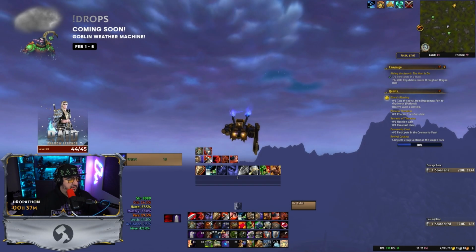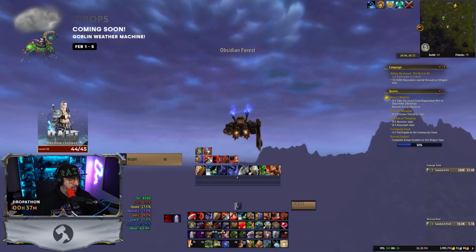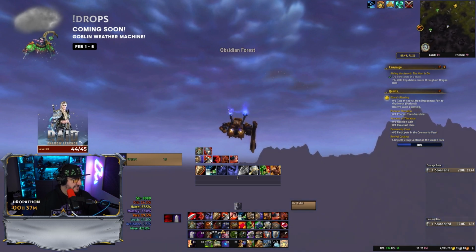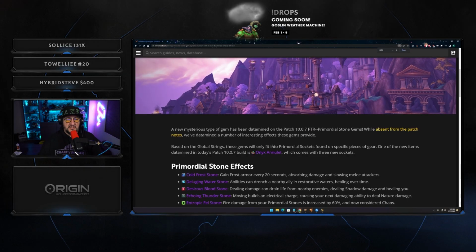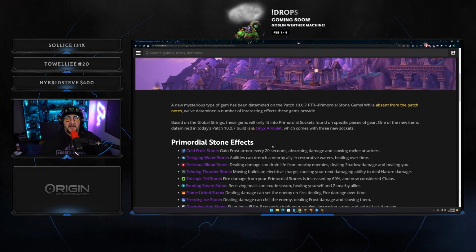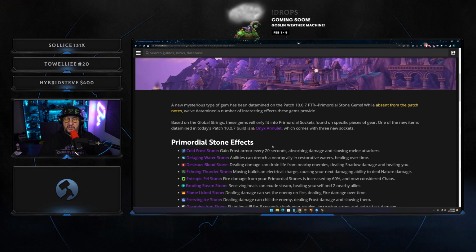Let's get rid of the elephant in the room, shall we? Which is the Primordial Stone Gem system. Let's get this out of the way because I need to look this over a little bit. It says a mysterious type of gem has been data mined on the patch 10.07. The Primordial Stone Gems, while absent from the patch notes, we've data mined a number of interesting effects from these